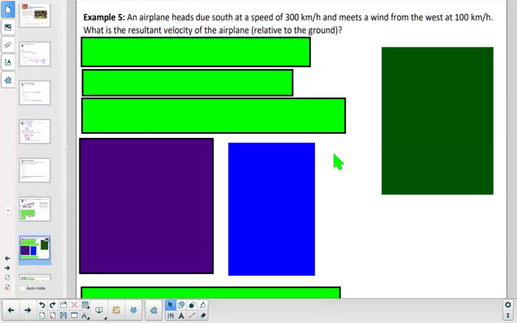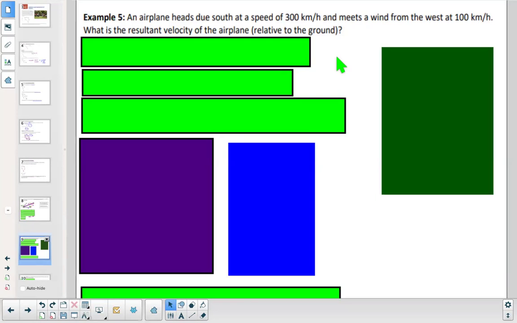So let's take this navigation problem. I think we're going to encounter two navigation problems, a difficult one, and this is more of an easy version. This particular navigation problem is going to form a 90-degree triangle, which makes it easier. So whenever you're doing real world word problems, it's important to state what each vector